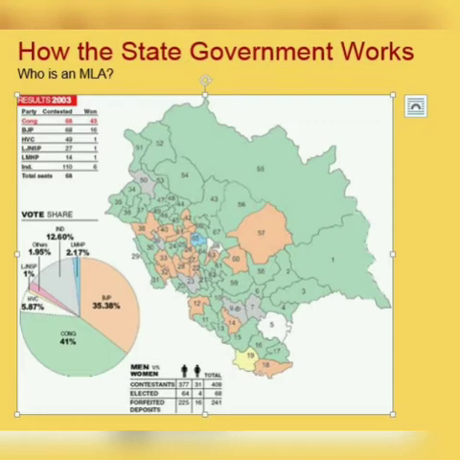In this chapter, we shall be discussing the working and the functioning of the state government. When we talk generally of the government, we think of terms like ministers, collectors, MLAs, etc. But in this lesson, we shall discuss in detail how the MLA is elected, how the government is formed, what is the basic requirement to form a government, and who forms the government. All these aspects will be covered in this lesson.